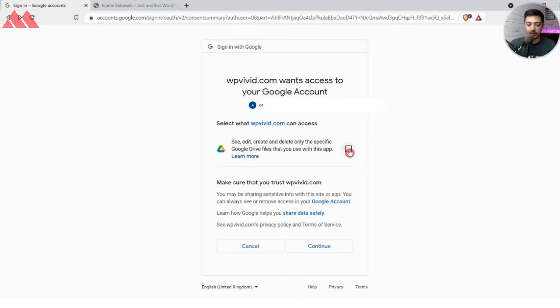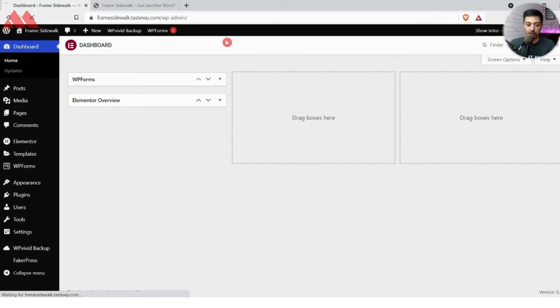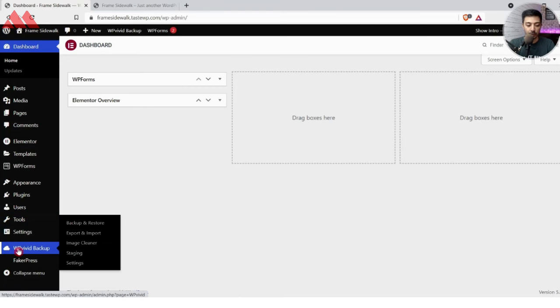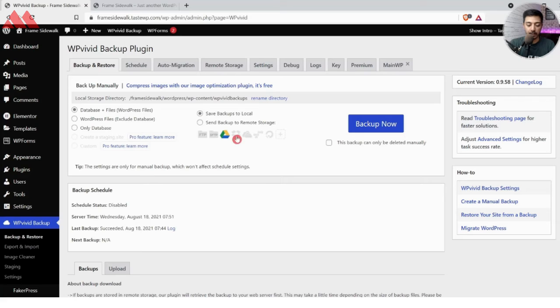So here we will click on this checkbox so that the WP Vivid plugin will get the access of our G Drive, and then we will click on continue. And now we are back on the dashboard. So it means that our backup plugin is now linked with the Google account or G Drive account. So we go back to WP Vivid Backup, and here we can see that the Google Drive icon is now